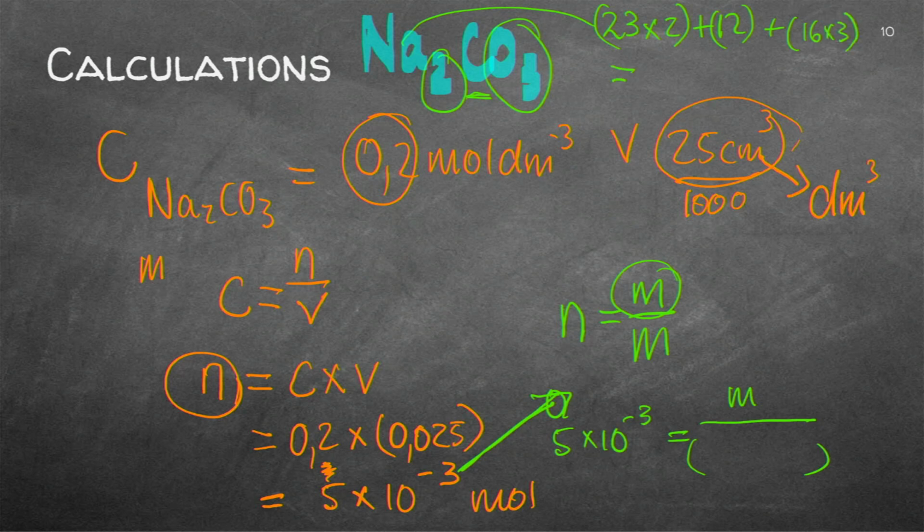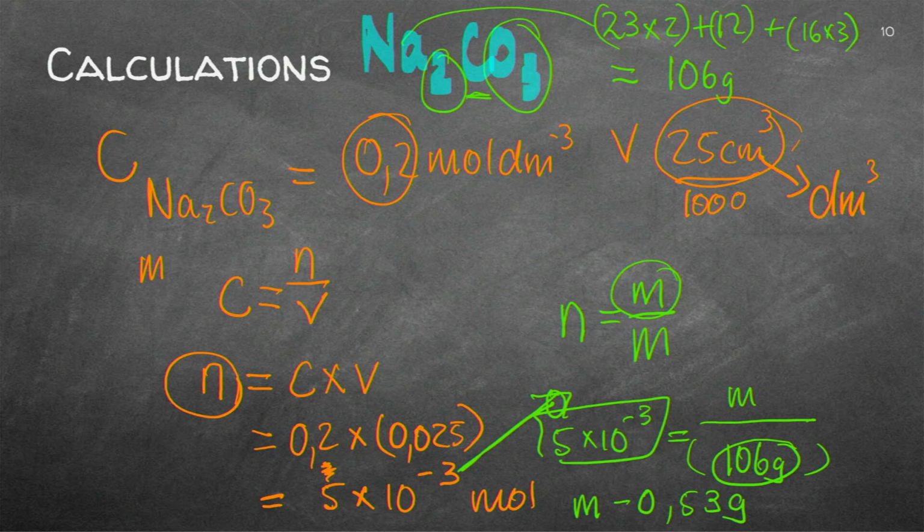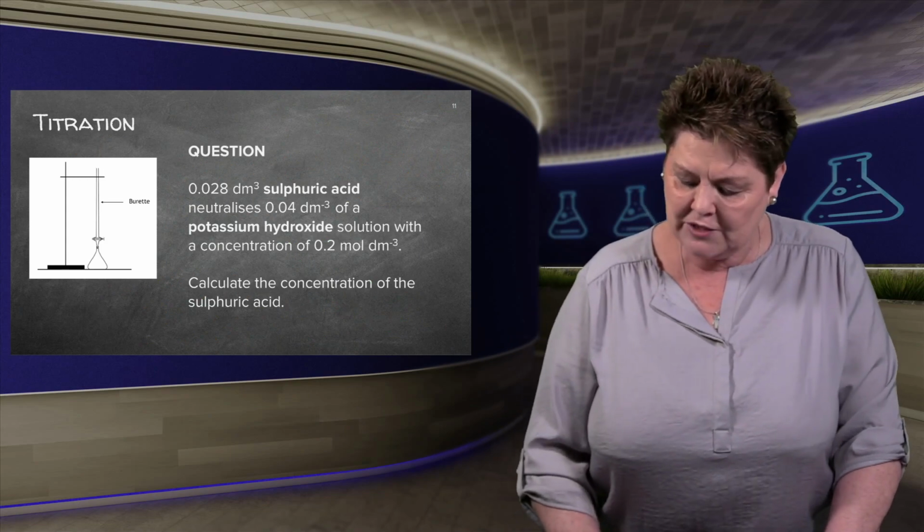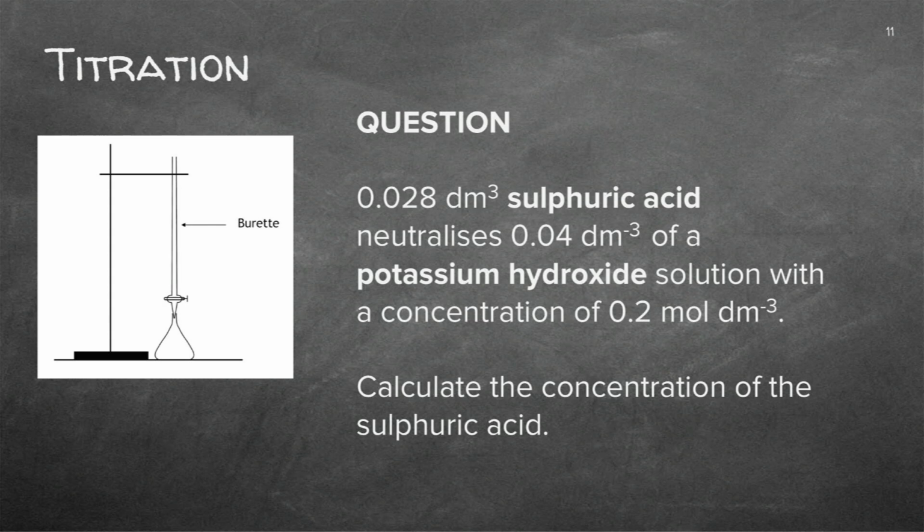And if you calculate that, you should get an answer of 106 grams. So I'm going to add that in there. And my mass is 106 multiplied by the moles. And you'll now get your answer of 0.53 grams. Do this calculation with me. And if you don't get the same answer, go back and repeat it with your pen, with your calculator, and obviously your periodic table.